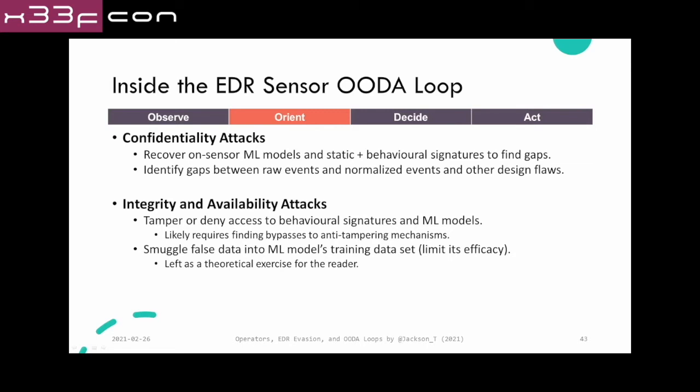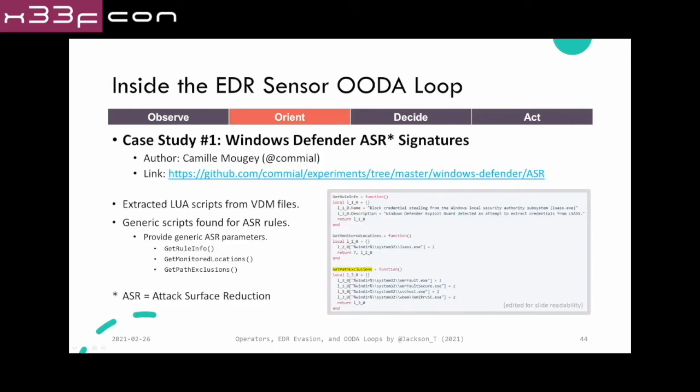But if it makes sense to go down the avenue of tampering, then it's worth considering some of the lower cost efforts you can do, like limiting its visibility, so that way you don't have to dig as deep into individual products. I've got a couple case studies I can go over for this section, the first one being by Kamiel on Twitter. They looked into attack surface reduction or ASR signatures for Windows Defender, and what they were able